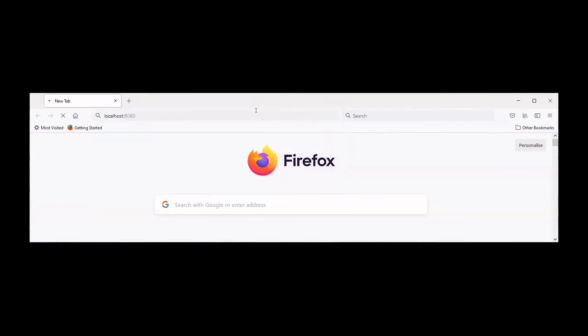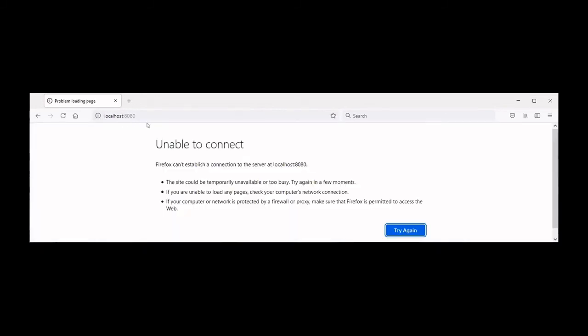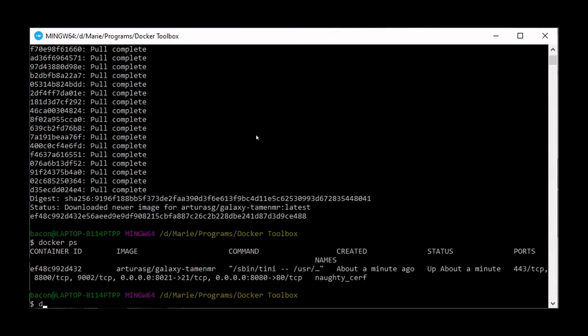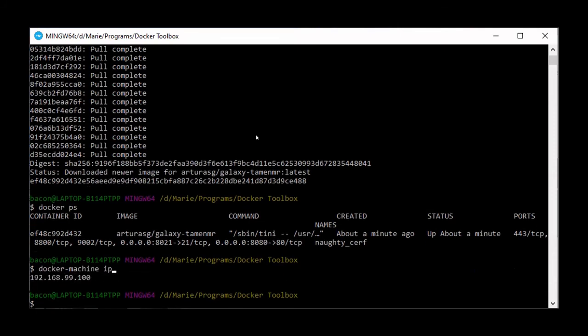Now, Windows Home Edition doesn't necessarily have the local host map. So if I go back to the Docker terminal, we can find that out by typing docker-machine ip, which again is in the installation notes. So now we know that we're looking at 192.168.99.101. So if we go back to Mozilla, to our web browser,